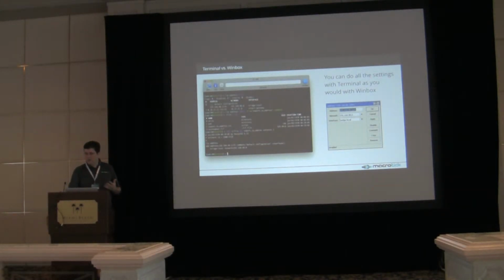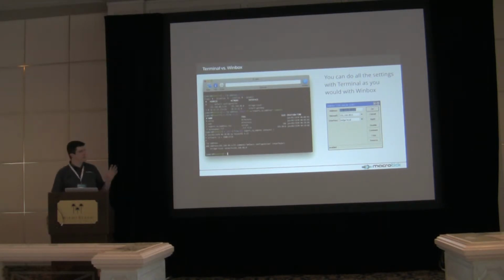So when you look at the terminal, it is, I would say, a very advanced way to achieve certain things, because you can link several different commands to configure a router in one shot. But I often see a barrier with customers getting into a terminal, how you really do this. They like the convenience of Winbox. So I wanted to show a quick way to get yourself knowledgeable about terminal if you understand